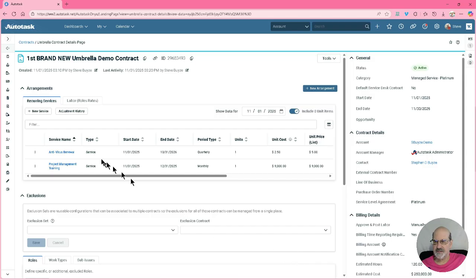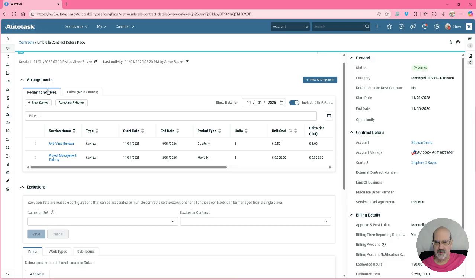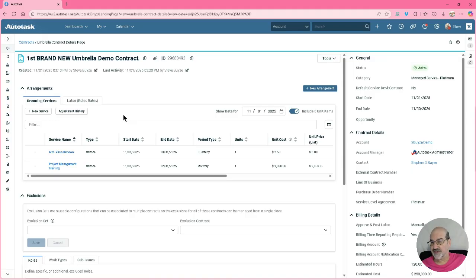All that did was add a new service to this. I asked for a new arrangement, not a new service in, because I could have clicked here. This is not working how they said it would in the video. They said we would get multiple tabs. So what I was thinking and hoping, but apparently it doesn't work the way I was led to believe, is